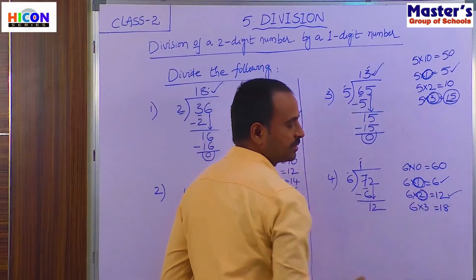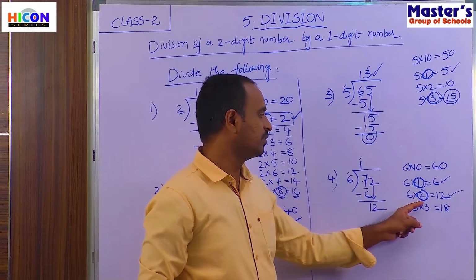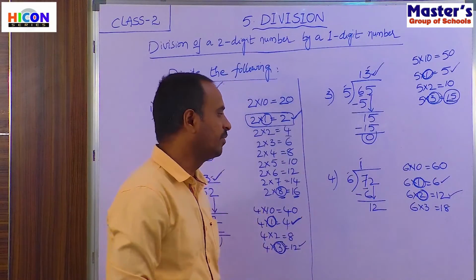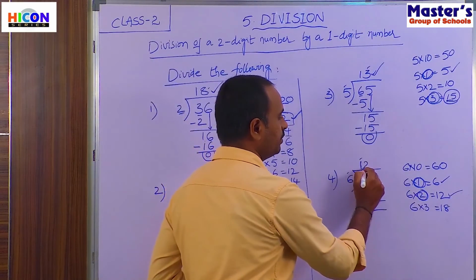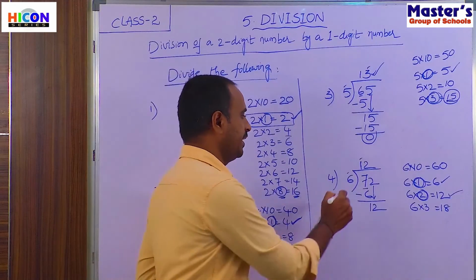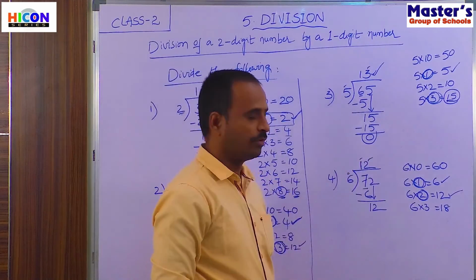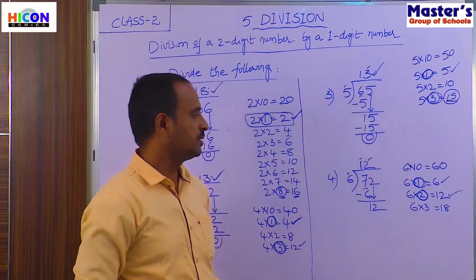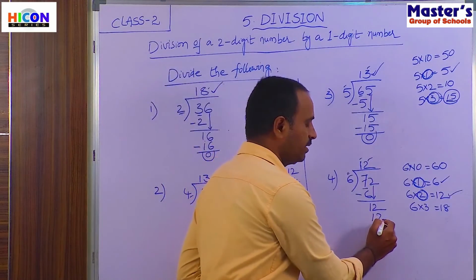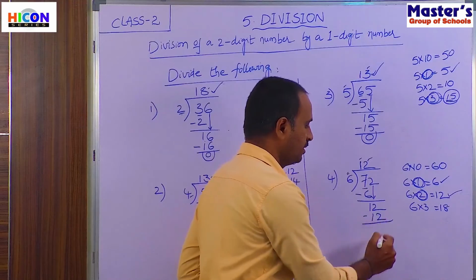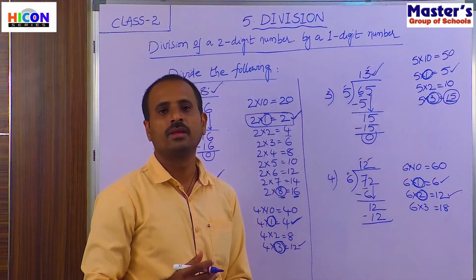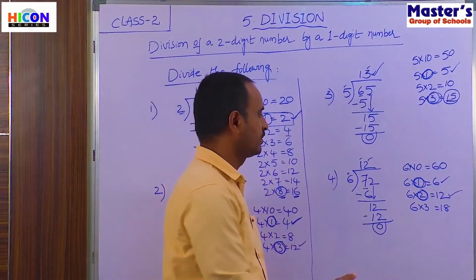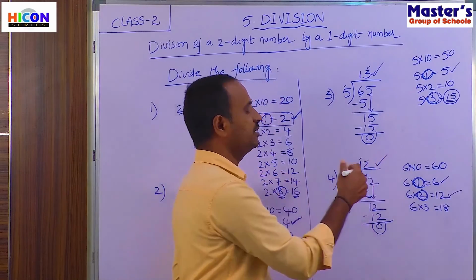If you take 2 times 6, we will get the number 12. So write this 2 in the quotient beside 1. And now multiply this 6 and 2. 6 twos are how much? 6 twos are 12. So write the product below 12 and subtract. That is 12 minus 12, 0. So the remainder is 0 and the answer is 12. So the answer is the quotient, 12.